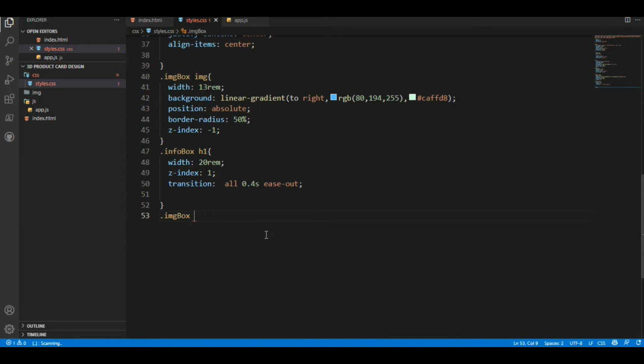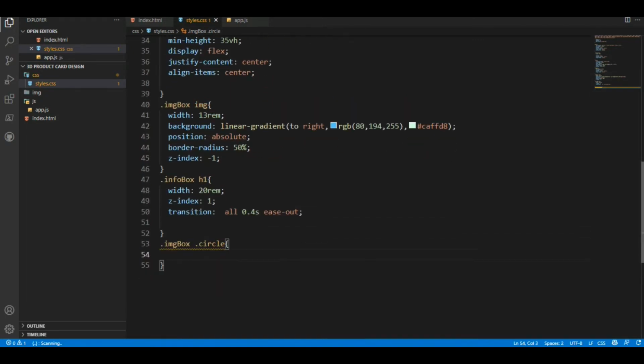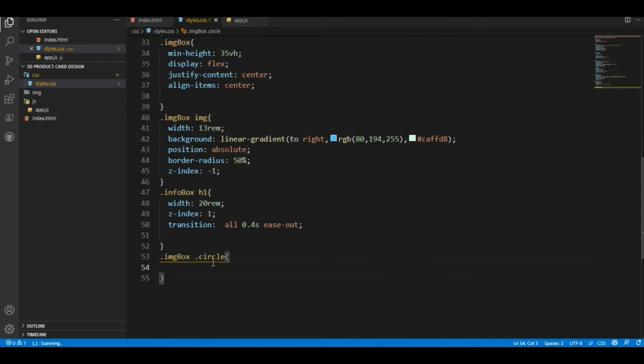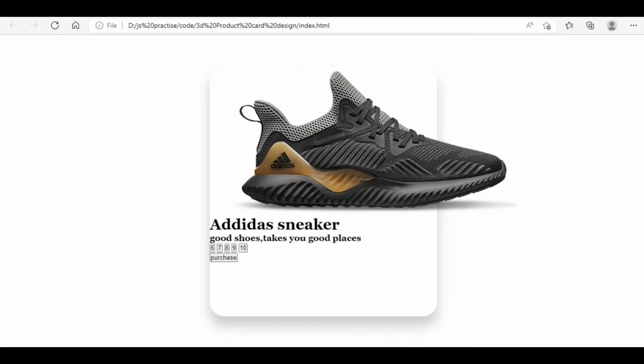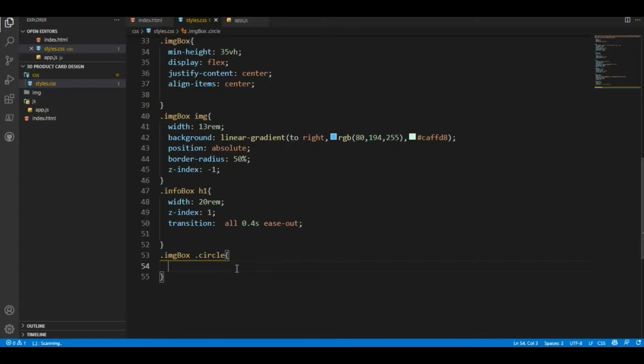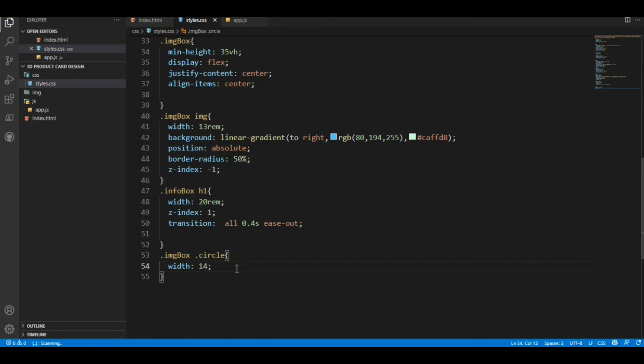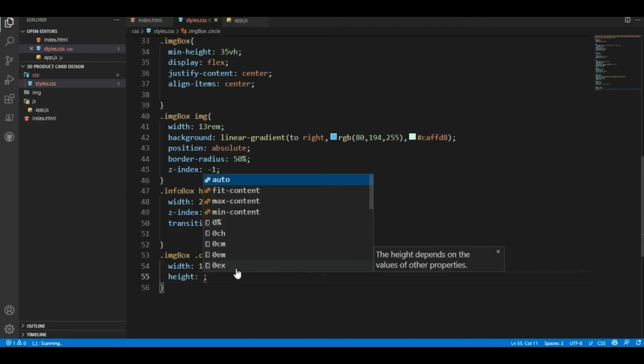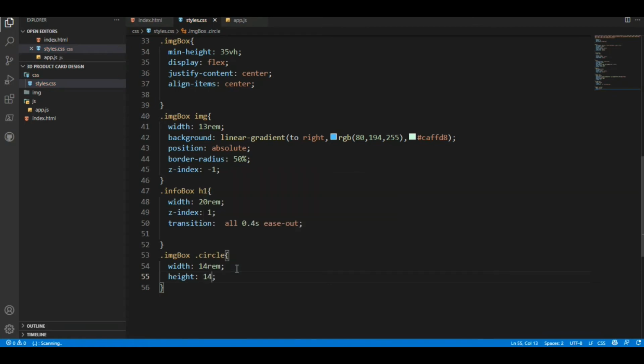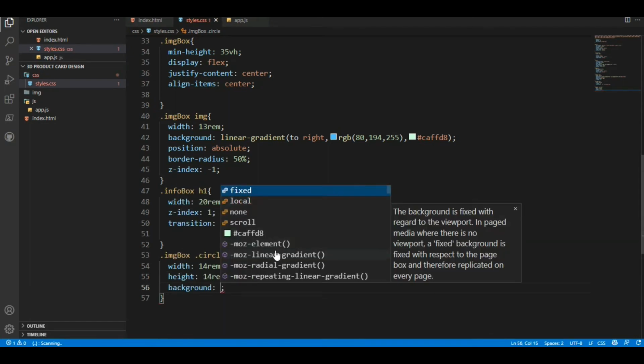and then here I'm going to create another class like that, image box, that means image box, then circle. Okay, that means circle. Now why in this here I'm going to use image box circle, why not in the previous class? So this is mainly the step-by-step design. For that I will give this. Okay, so inside of this like that image circle, then I will apply this width, that means it will be 13 or 14rem. Make sure that spellings are correct. Okay, and here height will be the same, and use rem,